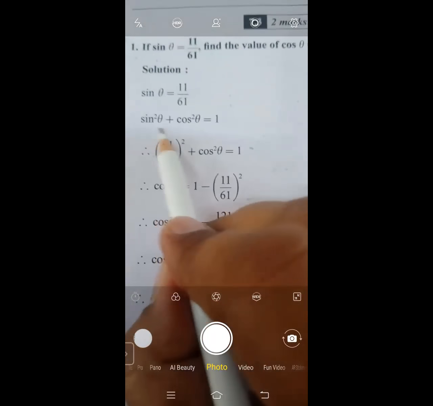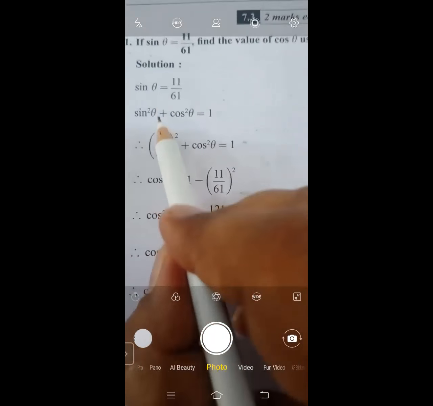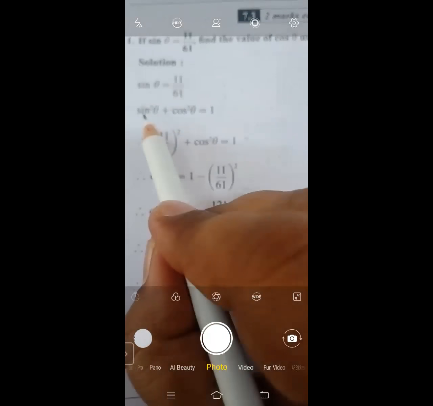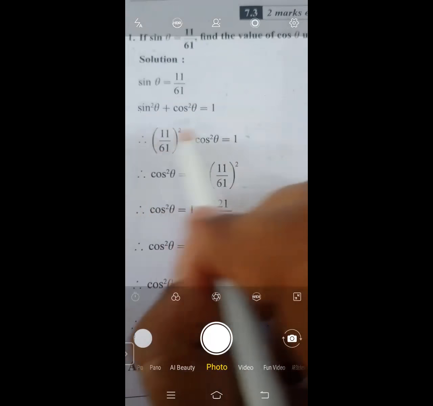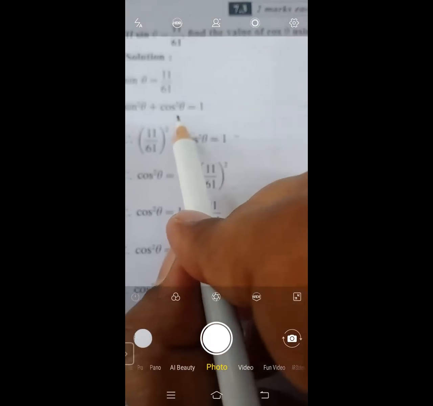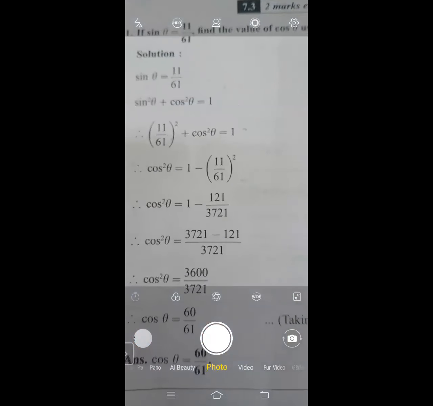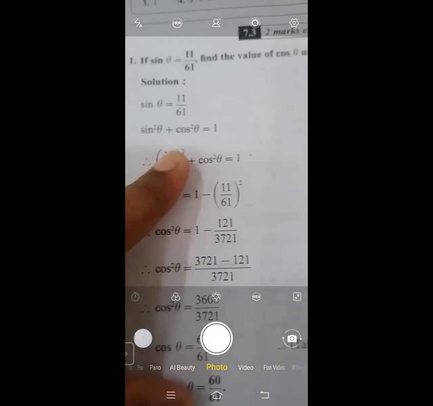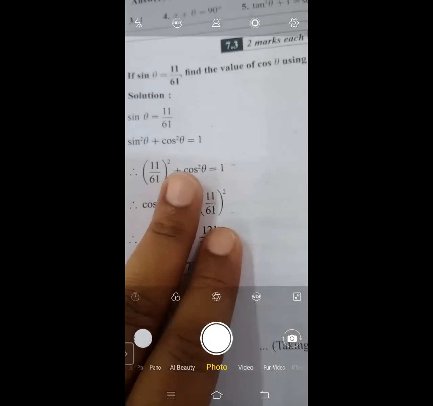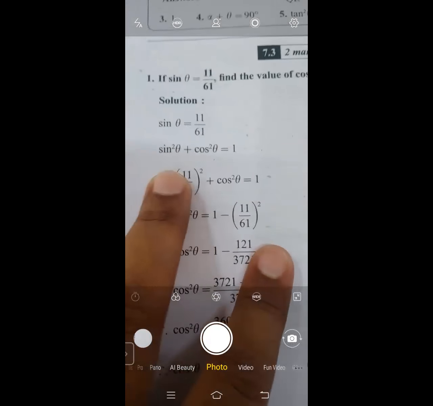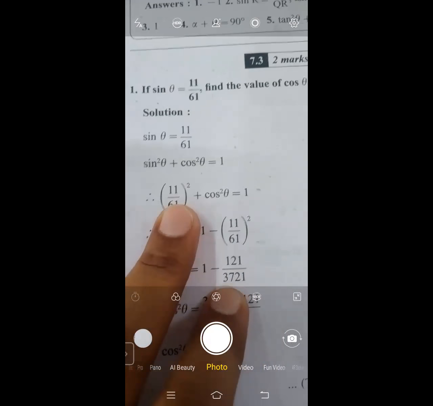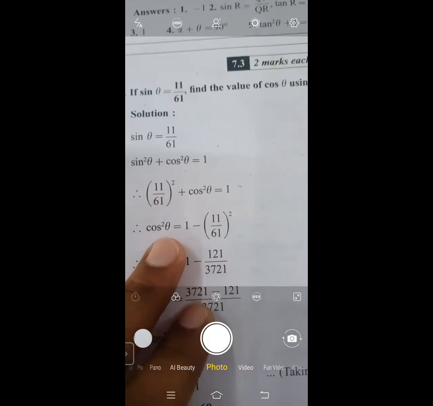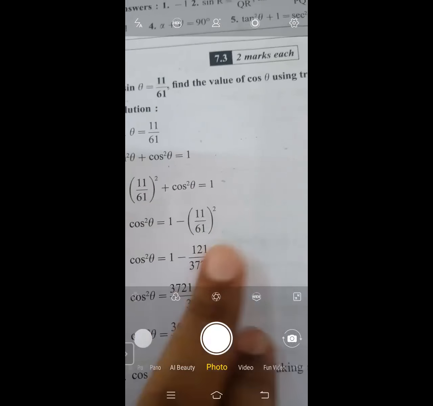So the famous identity which everyone knows is sine square theta plus cos square theta. Now this should be instantly clicked in your mind. You should recall that if I know sine and I have to find cos, this is the perfect identity where I have sine and only one unknown, that is cos theta, which I have to find. Okay, so sine square theta plus cos square theta is equal to 1. Now place your sine value in it, which is 11 upon 61, but you have to square that value. Okay, so square is mentioned, plus cos square theta equals to 1.